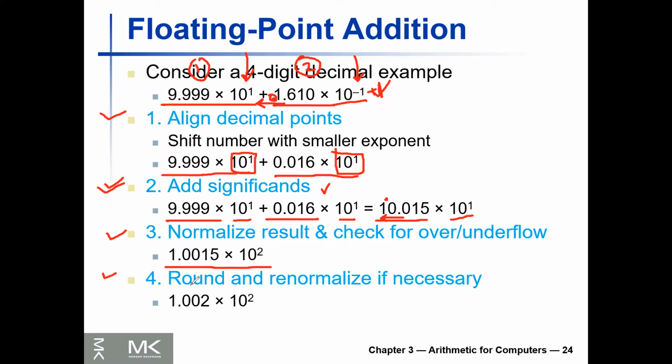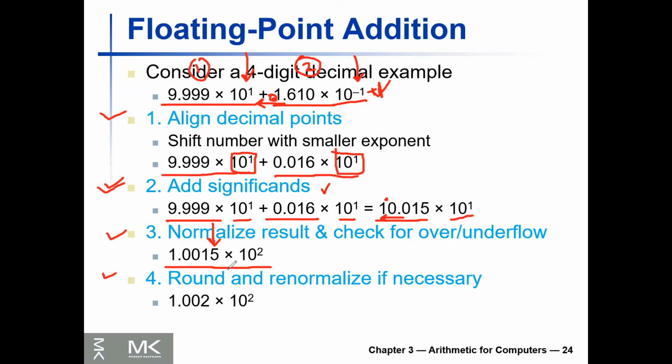Next is that we need to round and renormalize if necessary. So rounding, yani, we will be representing this one up to 3 decimal places. Rounding, yani, will be dropping that one. Do you remember the round to even rule? If you are dropping 5,